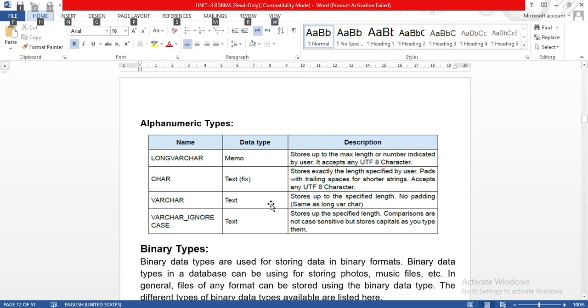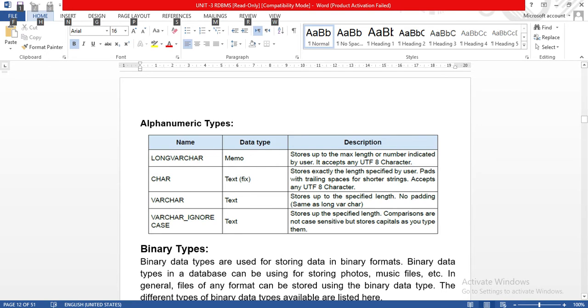Varchar text stores up to a specific length, no padding, same as long varchar. Varchar ignore case text stores up to a specific length. Comparisons are not case sensitive, but it stores capitals as you type them.